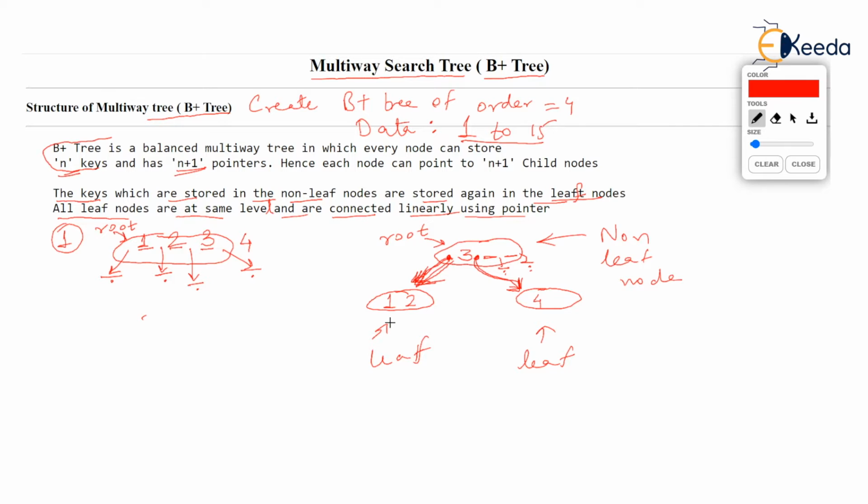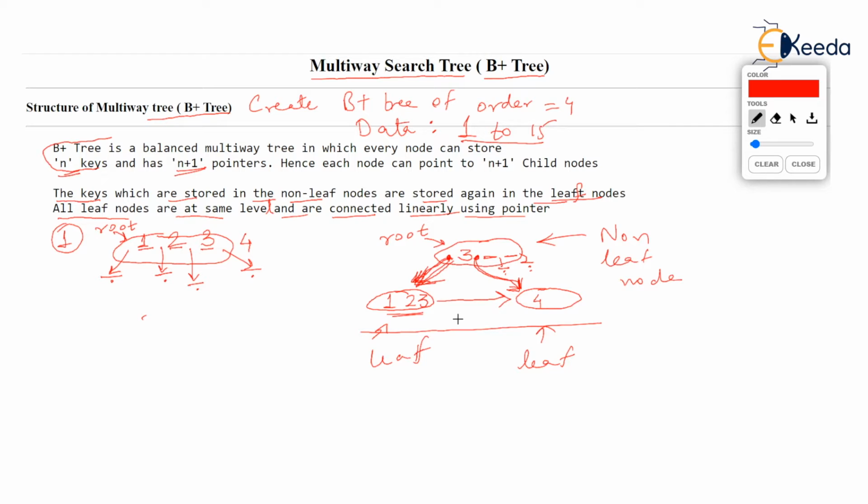So what do you see now? Where will 3 be going? Check the cursor place. We are storing 3. 3 is already stored here at the root. We are storing 3 again to the left of 3. So the leaf which is storing 1, 2 is going to store 3. And there is enough room to store 3 there. One more key can be accommodated. 3 gets stored with 1, 2. Now this node is full, definitely. Correct? Anything else? Yes. There are 2 leaf nodes and both leaf nodes must be connected in a B plus tree.